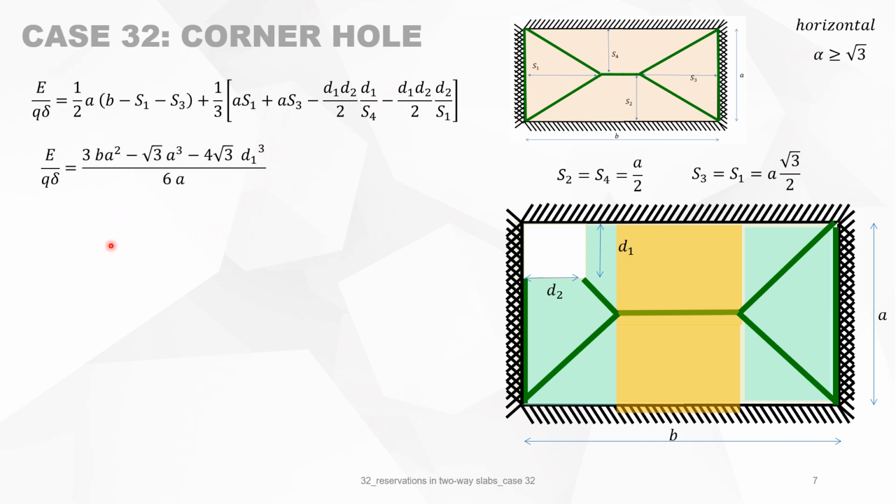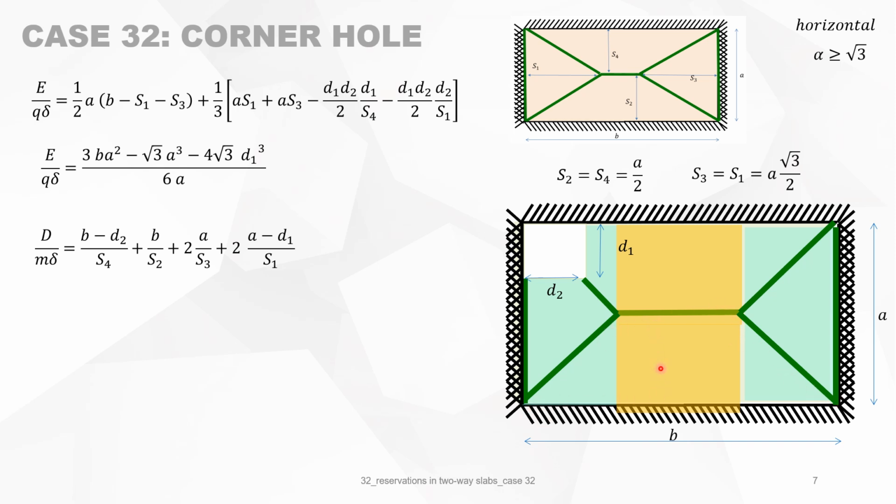Substituting for S1 and S3 gives you this expression. The work done by the internal forces is then the yield line projected on this axis, but the yield line is cut there. So in fact, from this to this, you got B minus D2, and the angle of rotation is delta over S4. On the other side, you got B